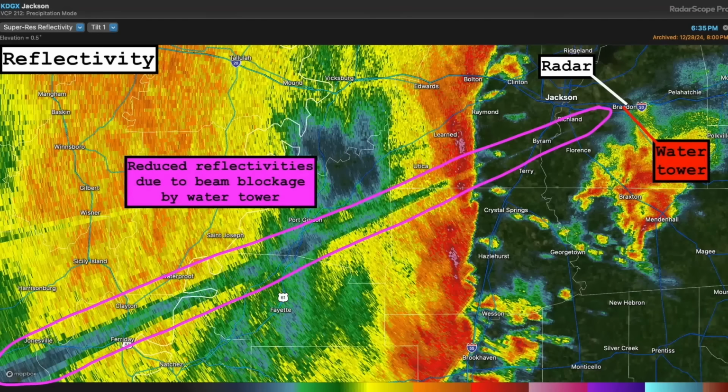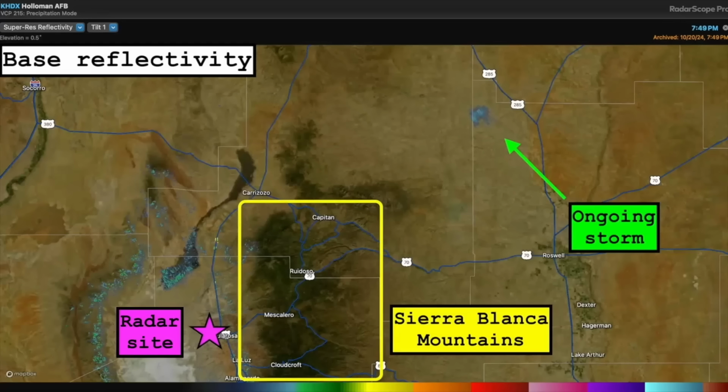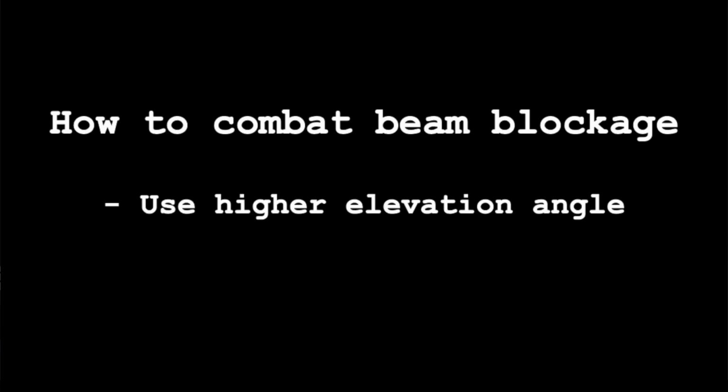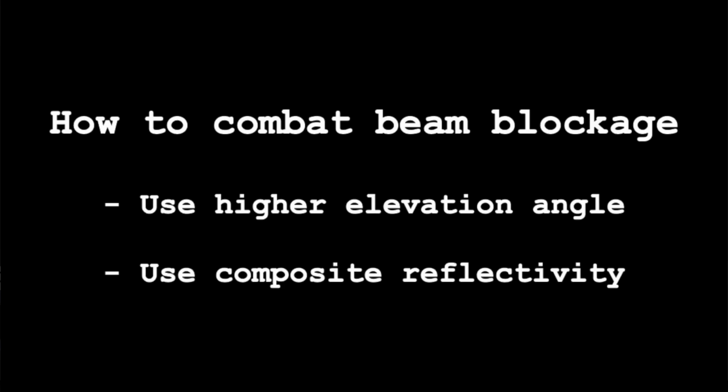Beam blockage can wreak havoc on storm analysis because it can cause the intensity of echoes to be drastically reduced, or, even worse, it can hide part or all of a storm from the radar's view. In these situations, using an elevation angle higher than the lowest one can help alleviate the beam blockage issue, and in extreme cases in which several tilts are affected, the composite reflectivity product can help you see the storm more